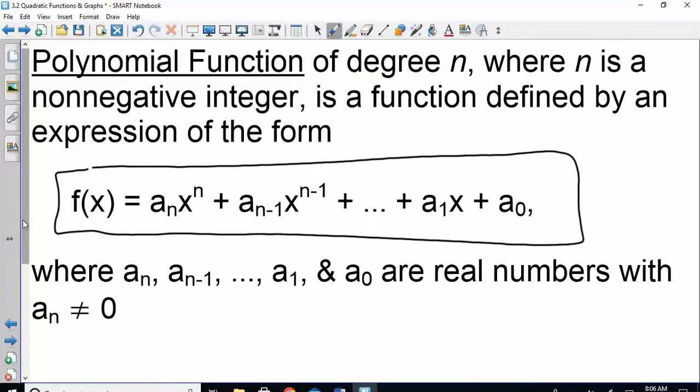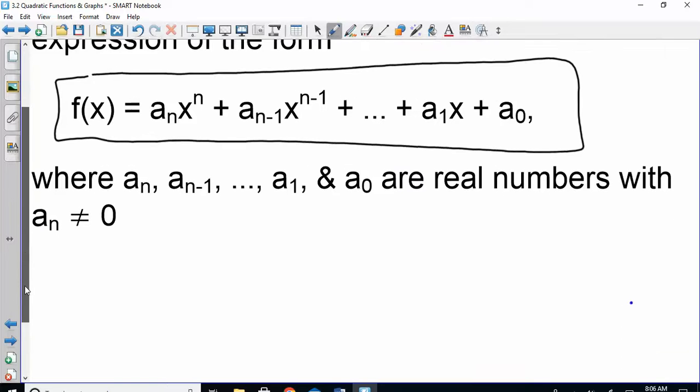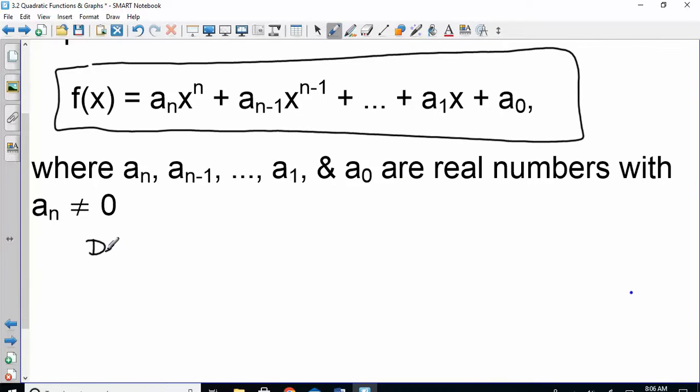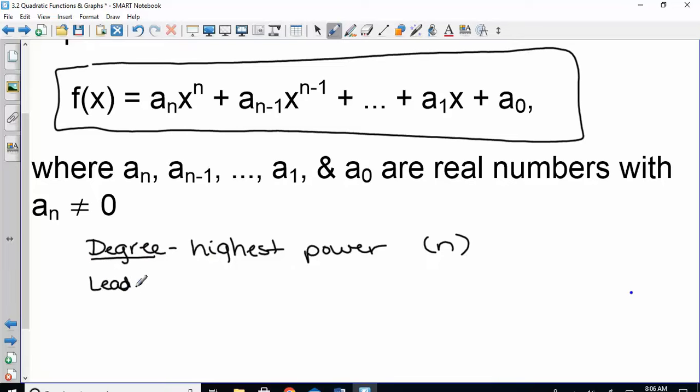Within this, there are some words that you're going to hear me say a lot. If I talk about the degree, that is the highest power in our polynomial. So the n is our degree. If I talk about the leading coefficient,